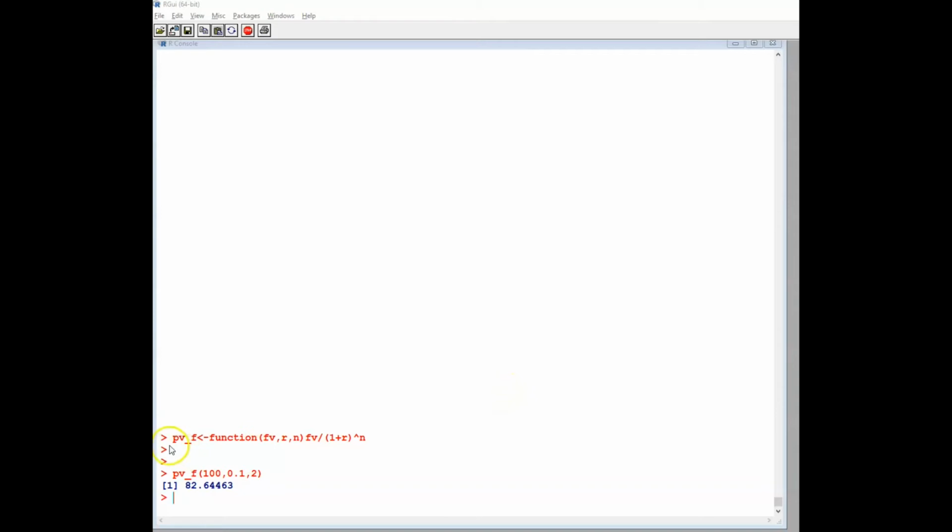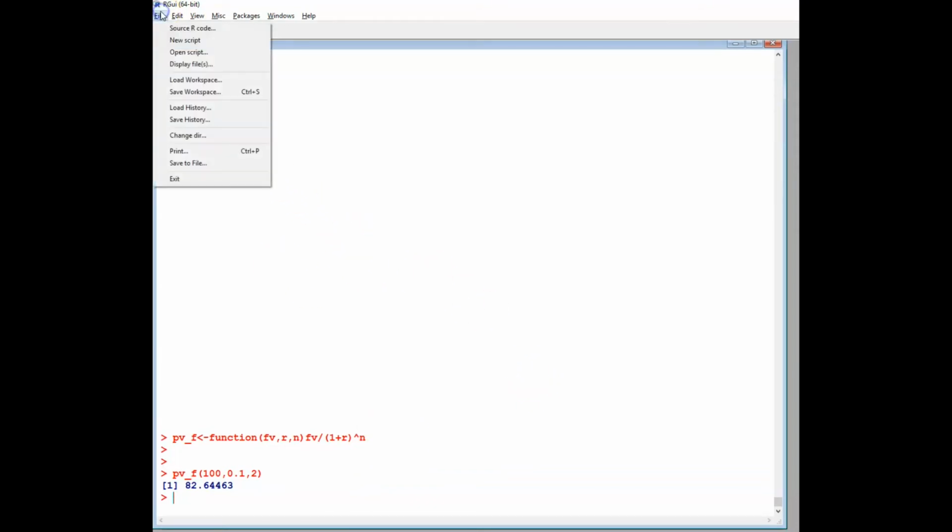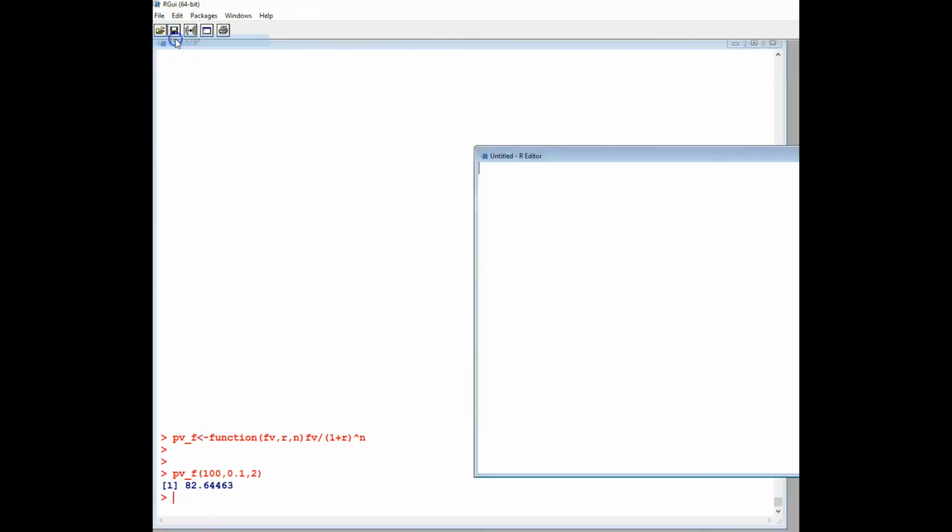For a one-line function, we can type directly. However, it's a good idea to use an editor. Okay, I'm going to introduce 2 editors here. The first one is we click File. We click File, then New script. Then we enter present value